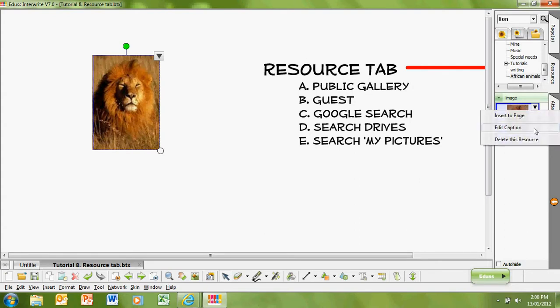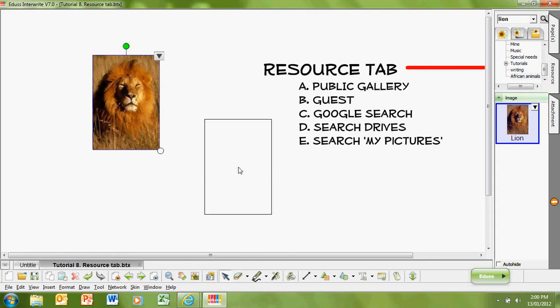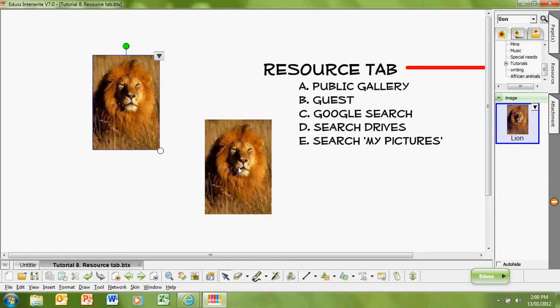I can edit the caption, and that will remain that way until I go back and change it. I can use this again by just clicking and dragging the image onto the screen. Even if I don't save this particular presentation, because I've saved this into my gallery, it will remain there until